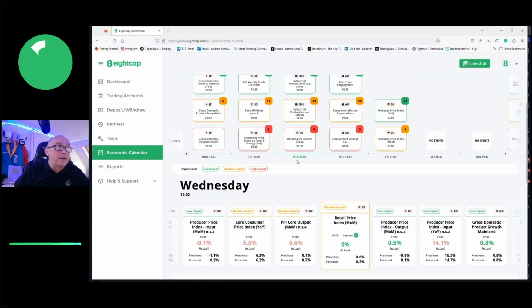You see here with the follow my mouse, you can see Wednesday, Thursday, Friday. So you can plan your week ahead. I always suggest that you plan your week ahead if you can. I know people have busy lives, but if you're taking trading seriously, and you should be trading seriously,